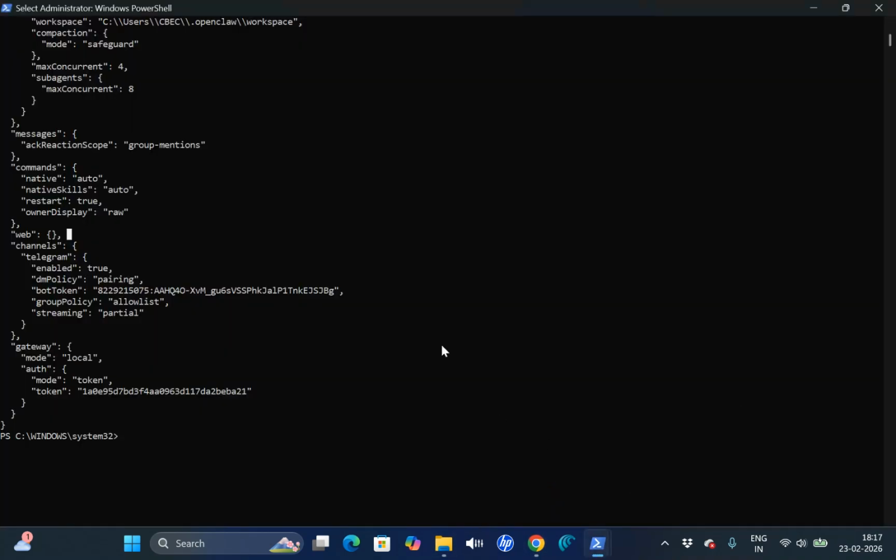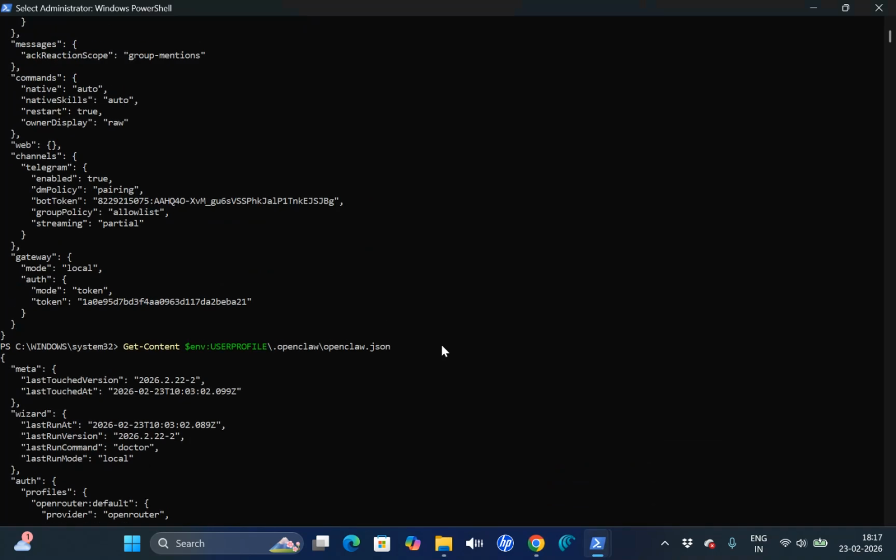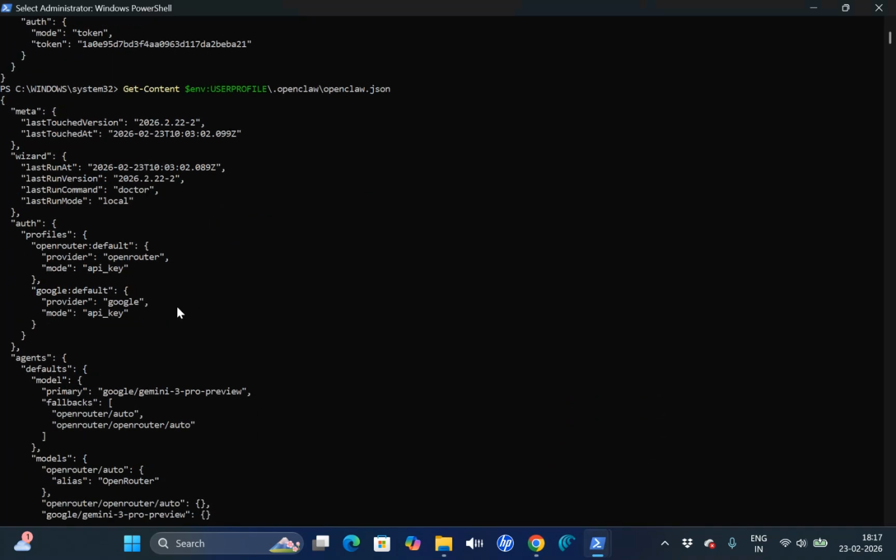Okay, so this is the main brain of the OpenClaw agent. So this is the one which ensures